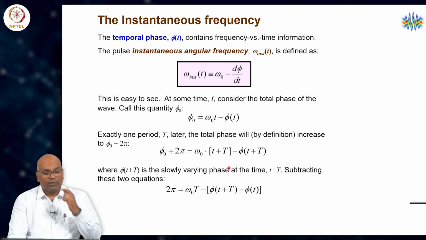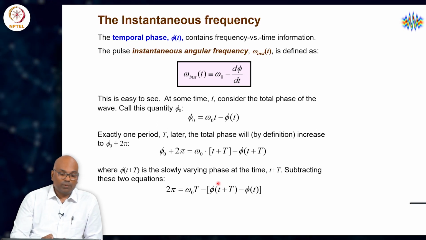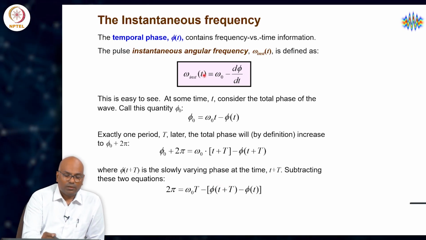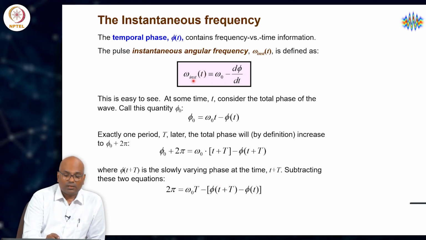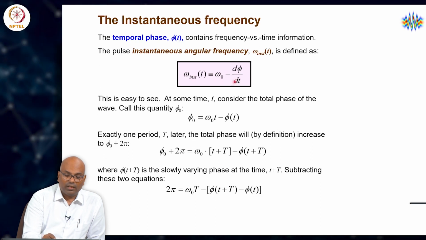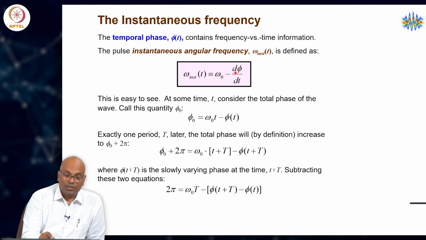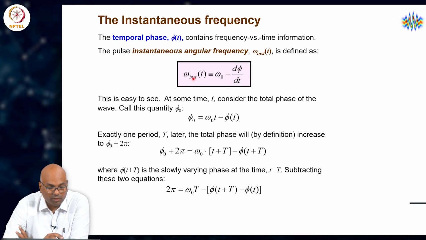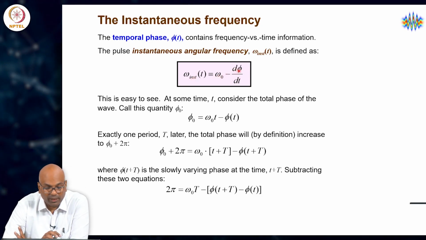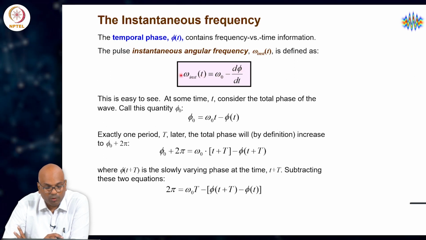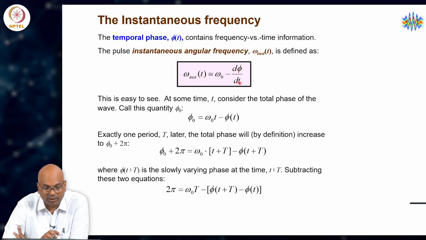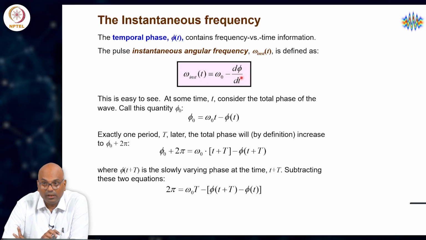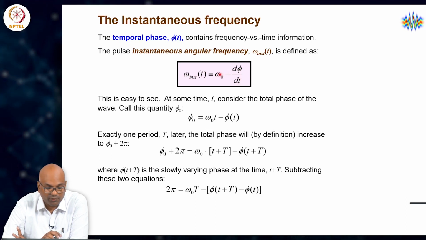And then we can define the so-called instantaneous frequency, which is the instantaneous time derivative of the entire phase factor omega naught t minus phi of t, which yields for a frequency factor omega naught minus d phi by dt. Note here that phi is measured in radians. So, d phi by dt is radians per second, and the angular frequency